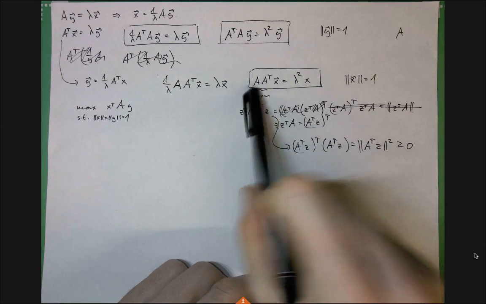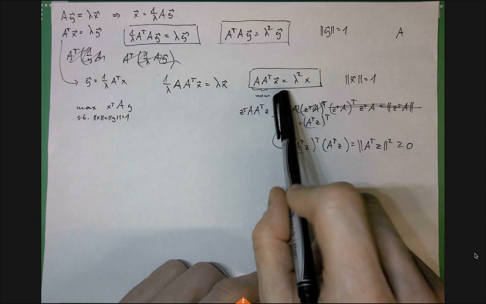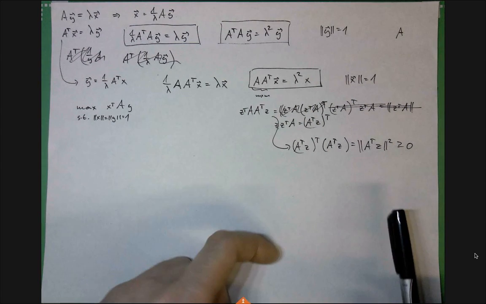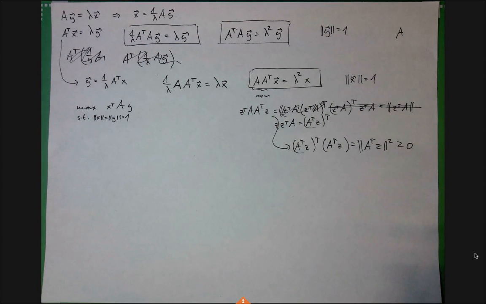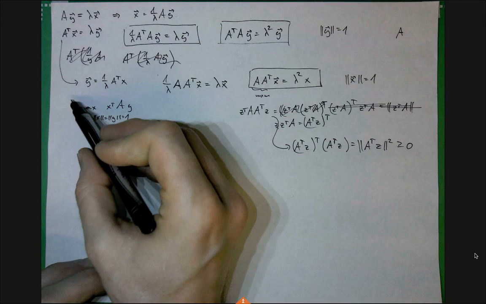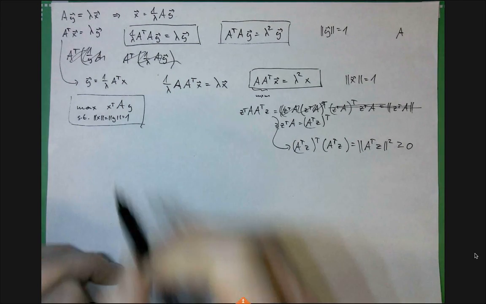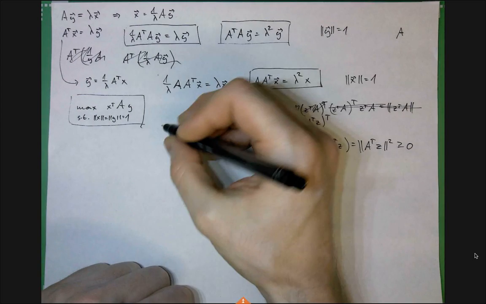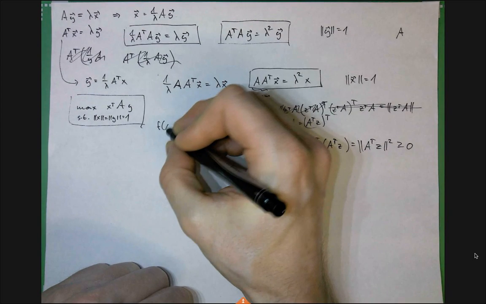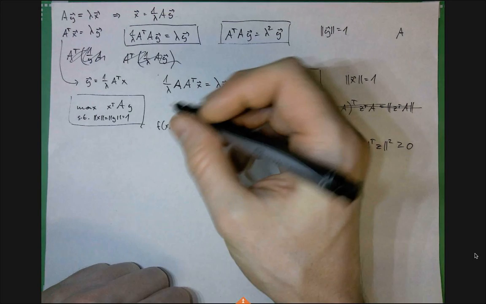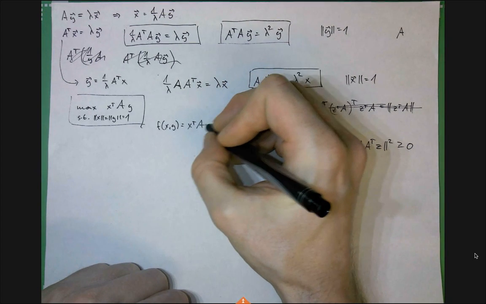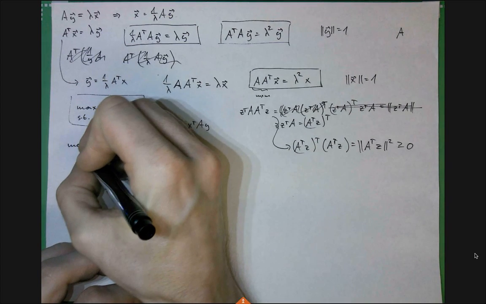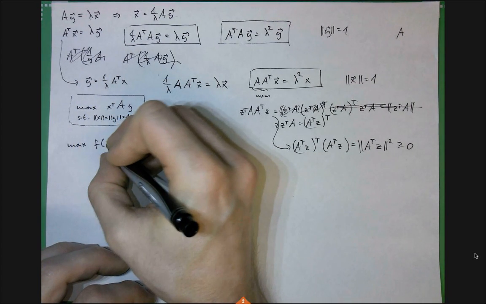So this does not have a unique solution at all. This has at least m solutions, and this would have n solutions. Okay, so we need to find the one that really maximizes this, the true maximum. So how do we do that? Remember that I said that this is f(x,y), the function we are maximizing, just so that I don't have to write x transpose Ay all the time. And the task is to maximize f(x,y)